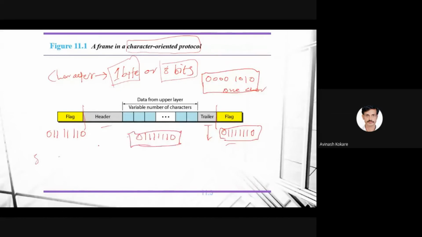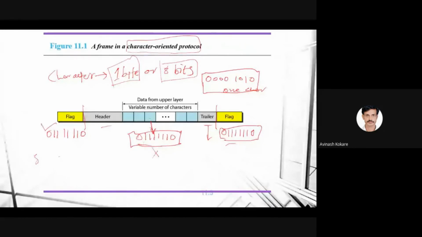So you will find this bit pattern in the data also. If this bit pattern, for example, is in the data here, then the assumption will be that the frame is starting here and the frame is ending here, which is wrong, because you are finding this pattern here.